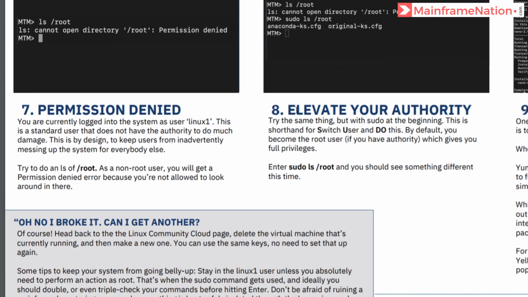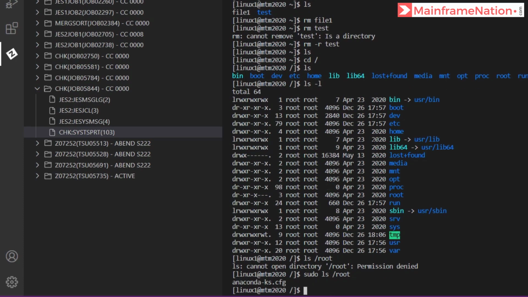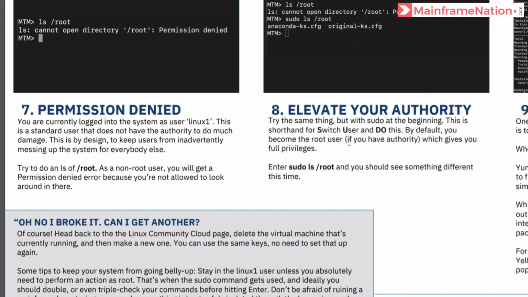So let's now elevate our authority. So let's give sudo ls root. Now I can see that I can run this command because sudo will elevate our authority. Sudo stands for switch user and do.